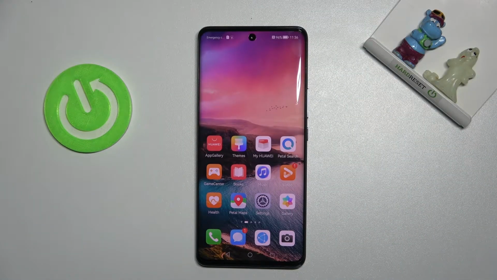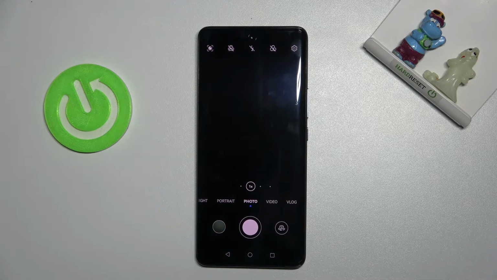Welcome, here I've got HUAWEI Nova 9 and let me show you how to activate voice control in the camera app on this device. So let's start by tapping on the camera button to open it, and for now we are